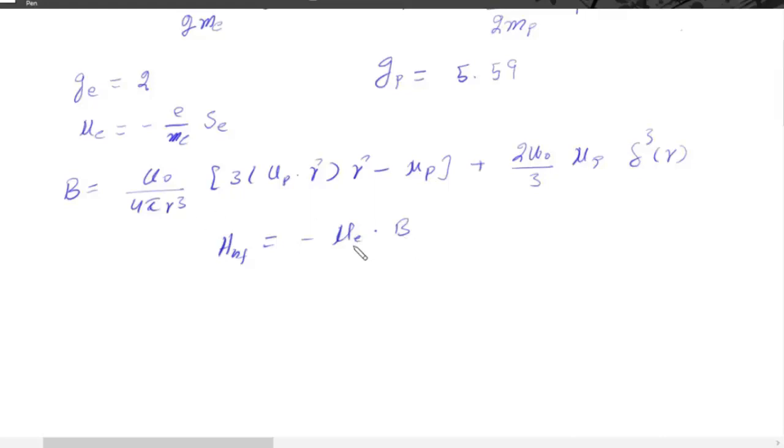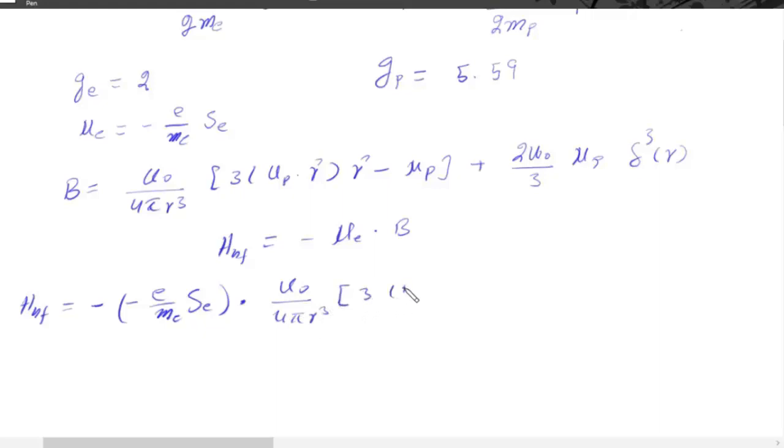Then we put in the value of mu_e and the magnetic field, then we get H_hf for the hyperfine splitting equal to: we put the value of mu_e, which is minus e divided by m_e S_e, dot the magnetic field, mu_0/(4 pi r^3) and then